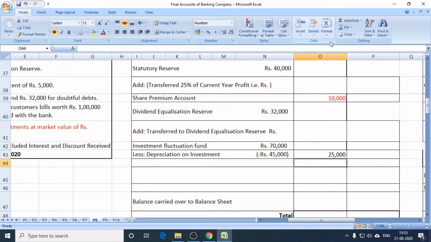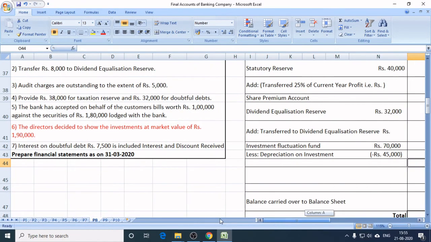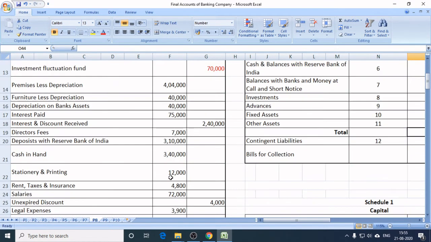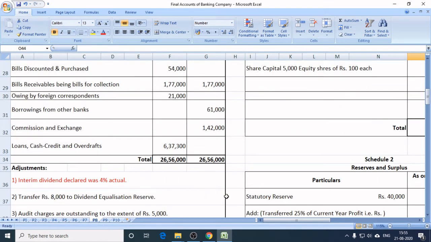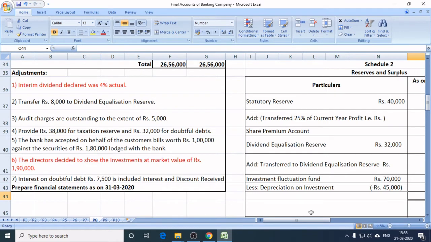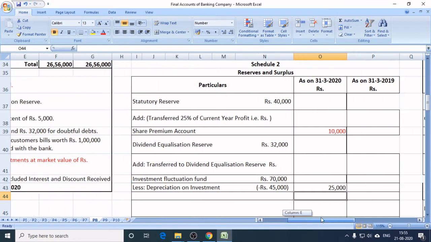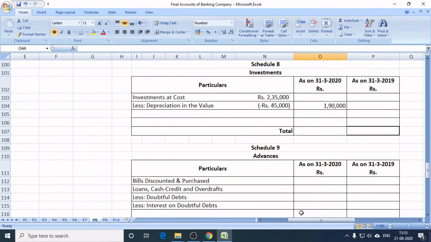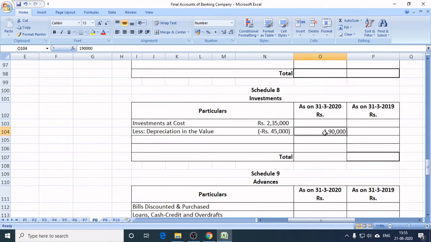एडजस्ट करना है अगेंस्ट इन्वेस्टमेंट फ्लक्चुएशन फंड। नाउ आई वांट टू आस्क यू वन मोर क्वेश्चन। चलो मान लो कि इन्वेस्टमेंट फ्लक्चुएशन फंड प्रॉब्लम में दिया ही नहीं है, कहीं पे दिया ही नहीं। दैट टाइम व्हाट वुड यू डू? दैट टाइम इफ डायरेक्टर डिसाइड टू शो द मार्केट वैल्यू ऑफ इन्वेस्टमेंट, तभी भी हमें क्या करना पड़ेगा? यहाँ पे इन्वेस्टमेंट जो है ना शेड्यूल नंबर 8, यहाँ पे हमें नई वैल्यू दिखानी पड़ेगी।